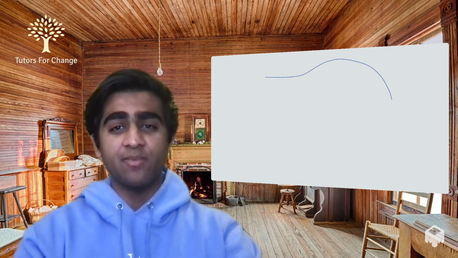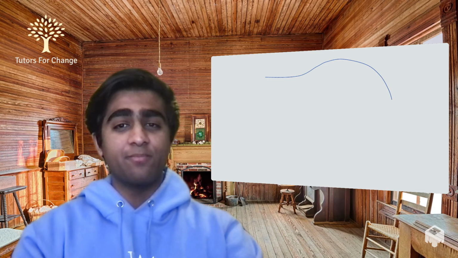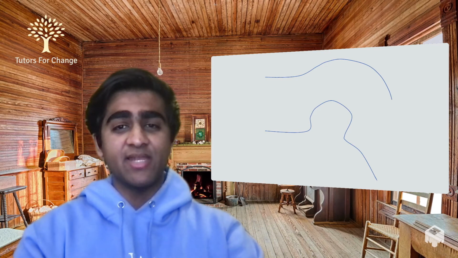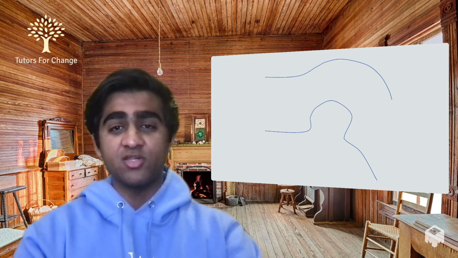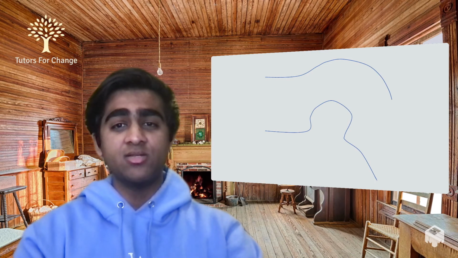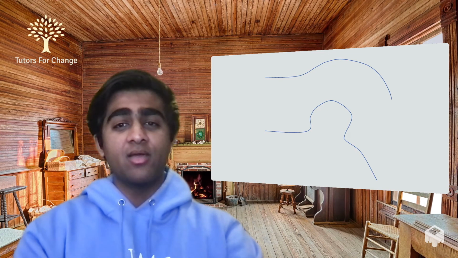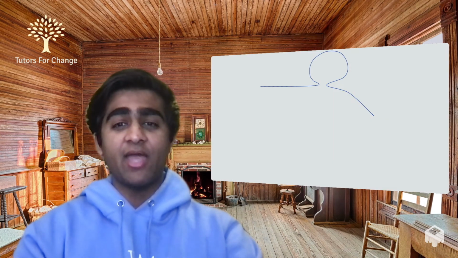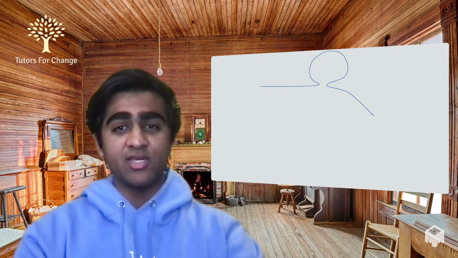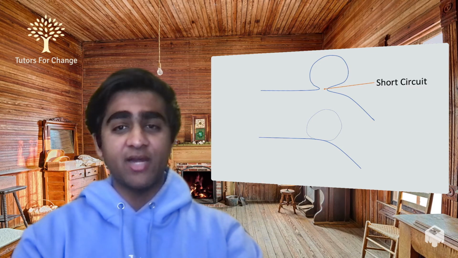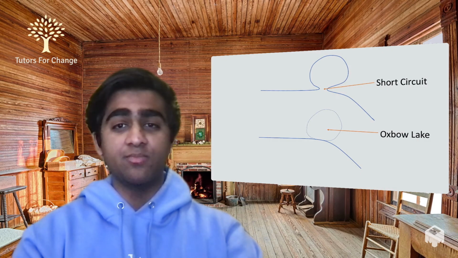Suppose this is the initial shape of our river. The outer edge will get pushed outward even more, whereas the river will also get pushed inward and get pinched. This is because the water that's hitting the edges of the curve of this river is eroding the riverbank, causing the river to get pinched, while the outer bank is still moving outward. This means that this process continues and rivers get pinched even further and start to move outward, creating loops. Eventually, these loops will short circuit, and when they short circuit, the river will bypass the loop entirely and form what's known as oxbow lakes.